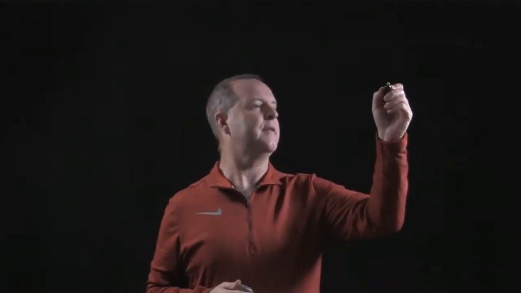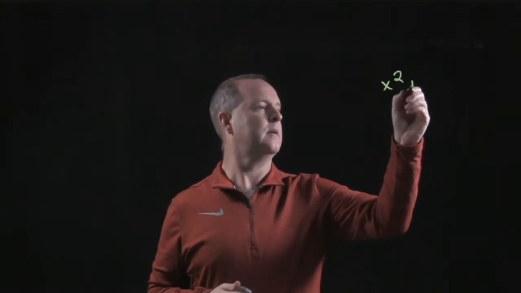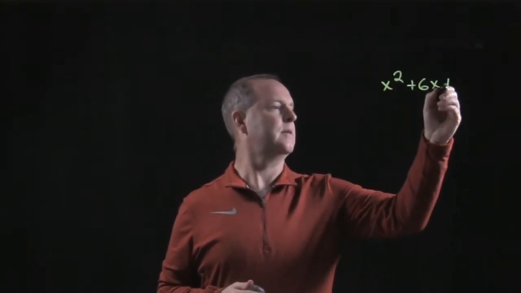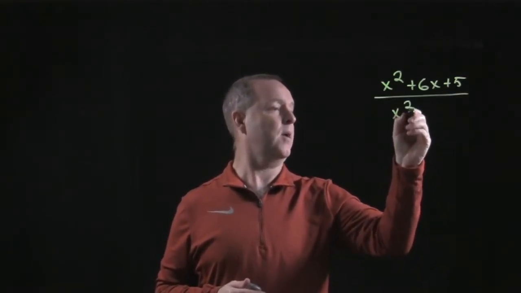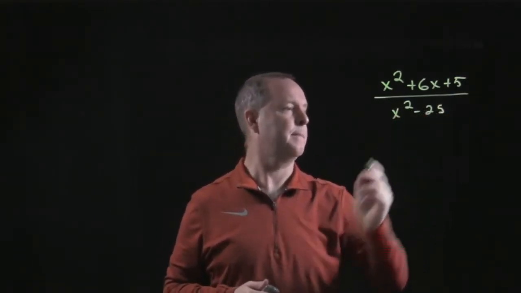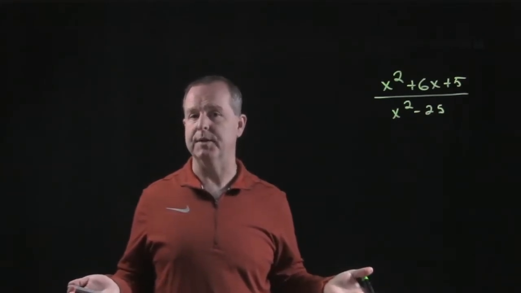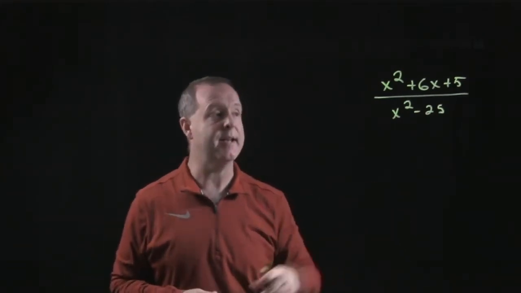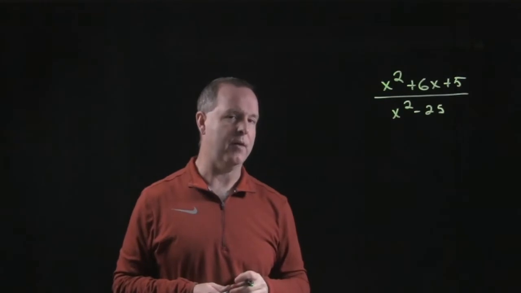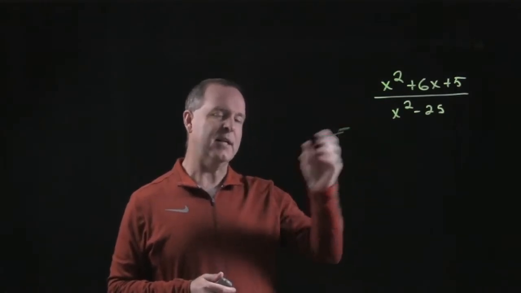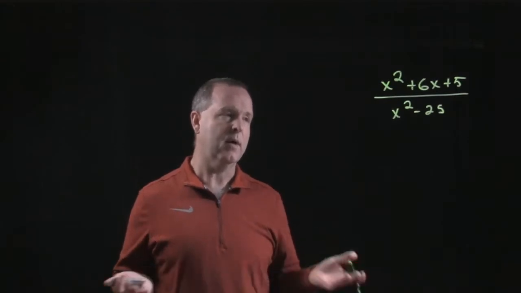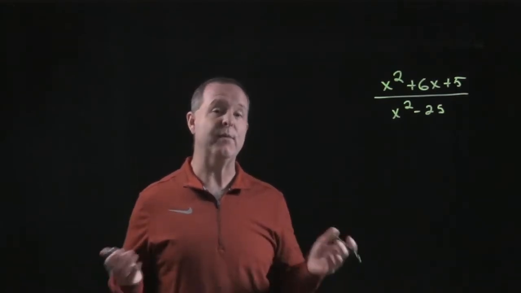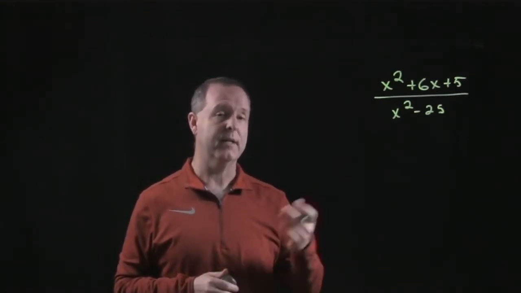Let's say that I have x squared plus 6x plus 5 divided by x squared minus 25. I have a rational expression. Again, a rational expression is defined as a polynomial divided by another polynomial. Is it a polynomial or is it a rational expression that I can simplify? Well, it's hard to tell, so let's see if we can find any common factors in both the numerator